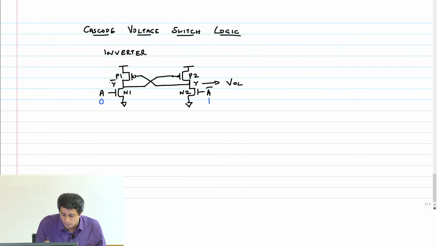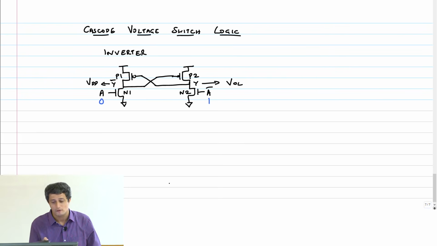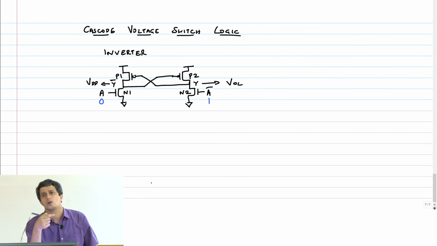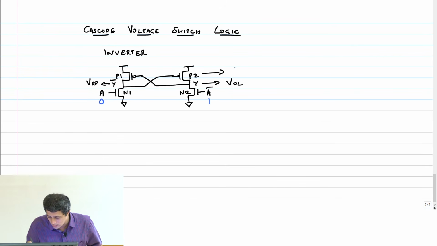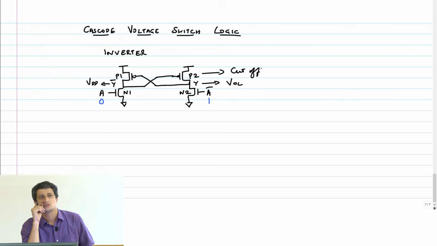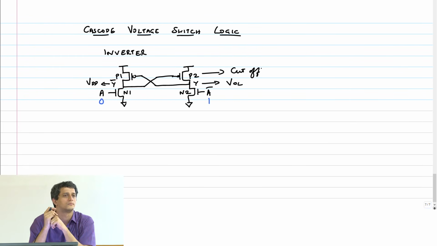And therefore, Y bar will get pulled to VDD. Now if Y bar goes to VDD and the gate of P2 is connected to Y bar, then P2 will now turn off. Therefore, P2 will cut off. So we are using this cross coupling to turn off the other transistor.